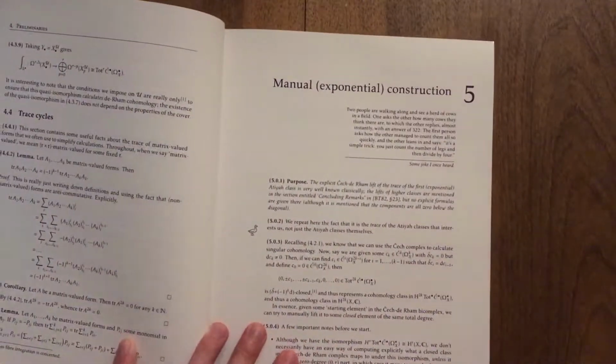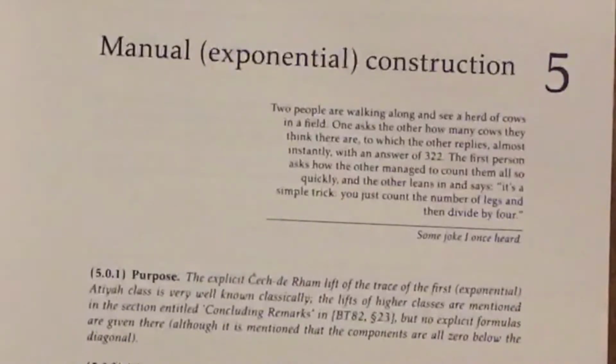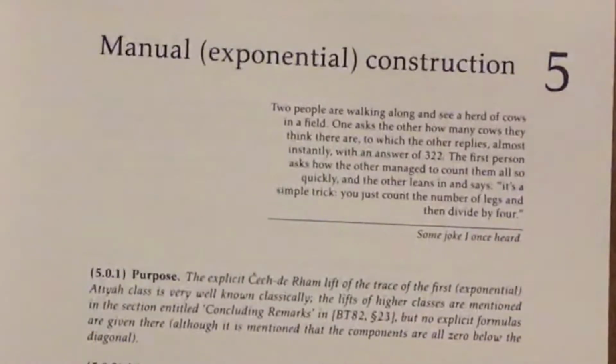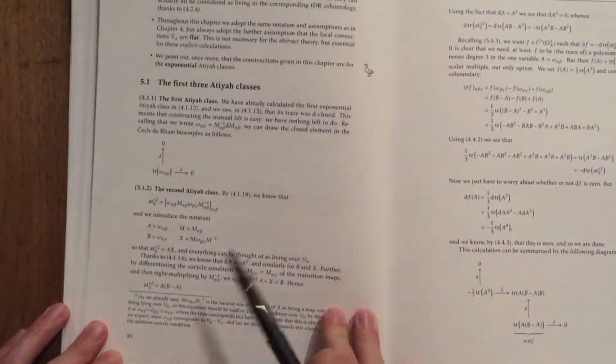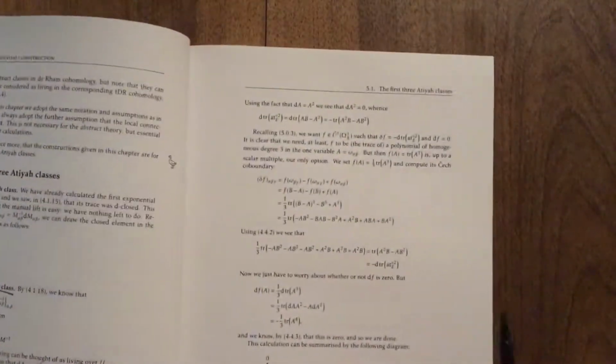Before introducing any of the formalism of simplicial constructions, that is, these sheaves on the nerve, we can think a bit more about the computational problem. Can we lift the kth Atiyah class, which is just the wedge product of k copies of the Atiyah class, to give a closed element in the Čech de Rham total complex when k is greater than 1? The answer is yes. The second Atiyah class is already Čech closed, but it's not de Rham closed.